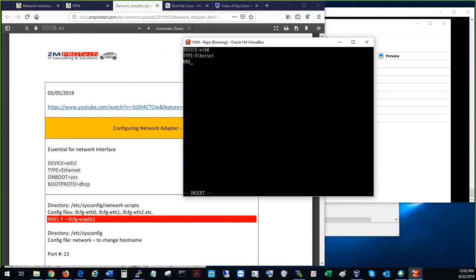And on boot, yes, we want it to boot up when the system boots up. And boot proto. What does boot proto mean? Protocol, DHCP or static. Exactly. So at this moment we just want DHCP. Okay, so we save and exit out of it,